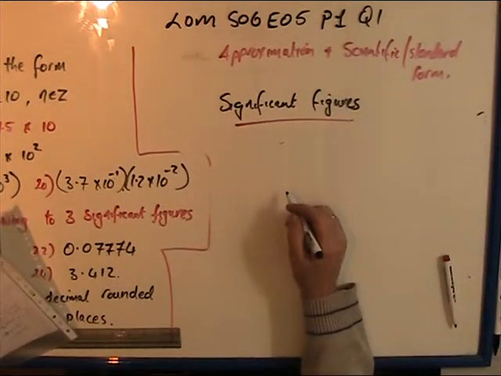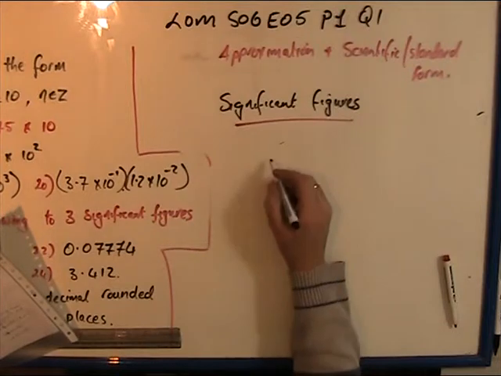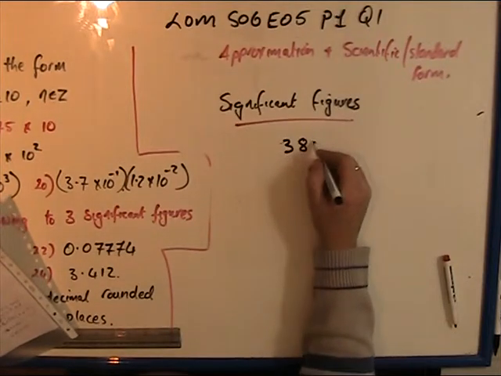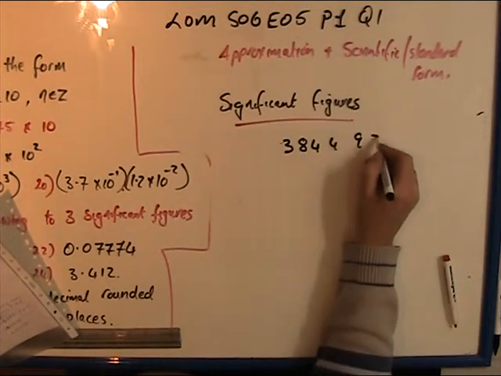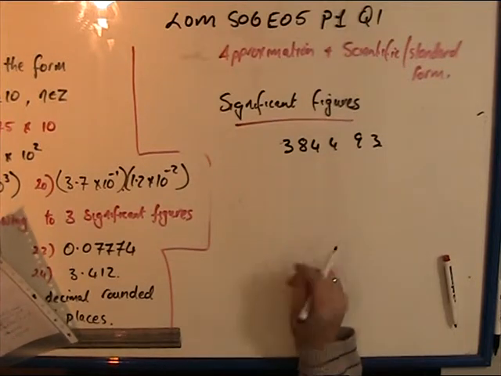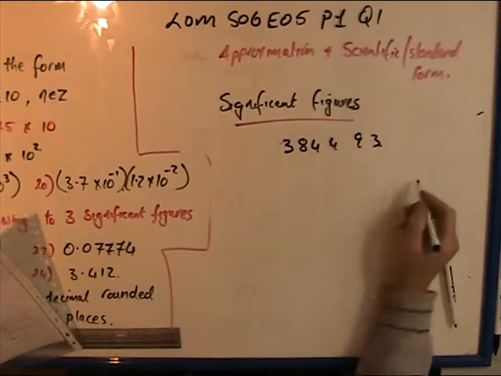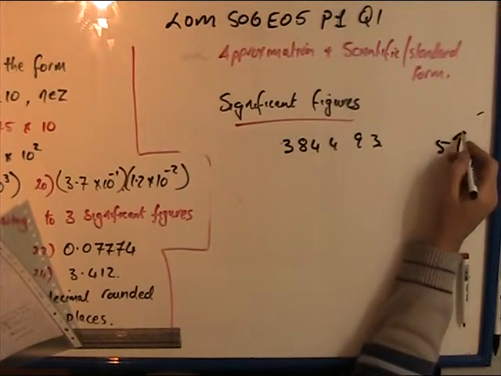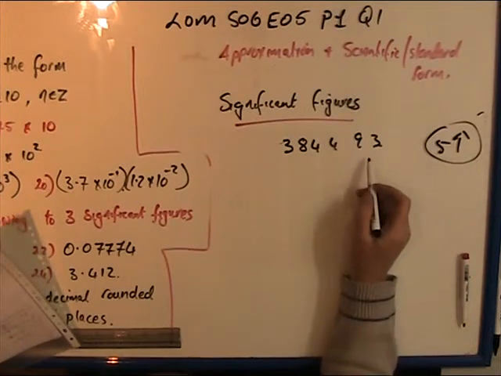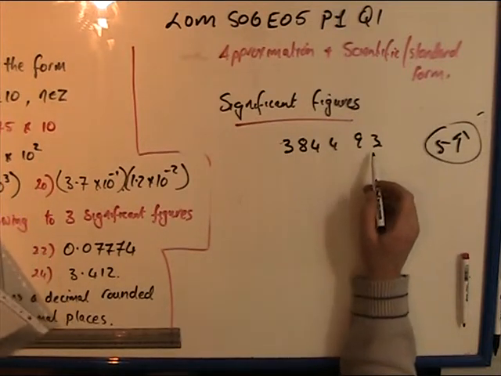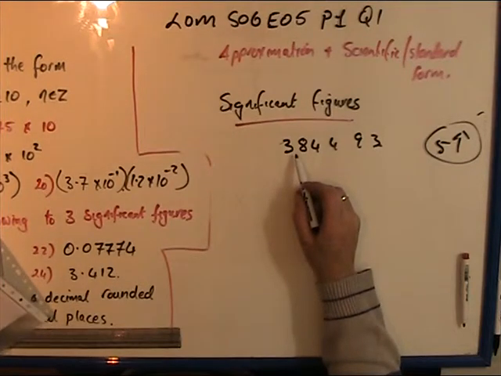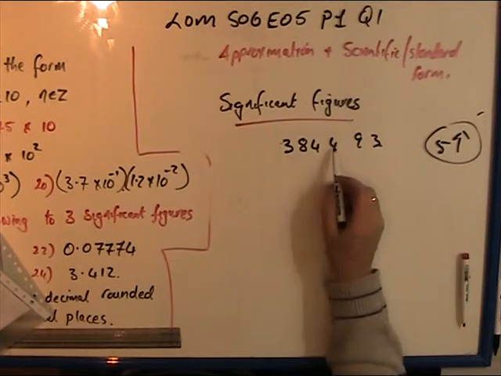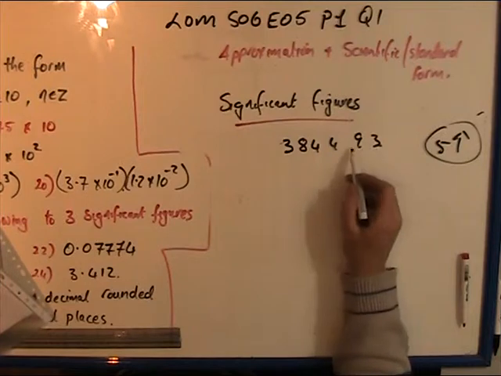Right, so let's have a look at this. 38443. Now, remember that it's 5 or upwards that changes the preceding number. Now let's have a look at this. So how many significant figures have we got here? We've got 1, 2, 3, 4, 5, 6 significant figures, and it's